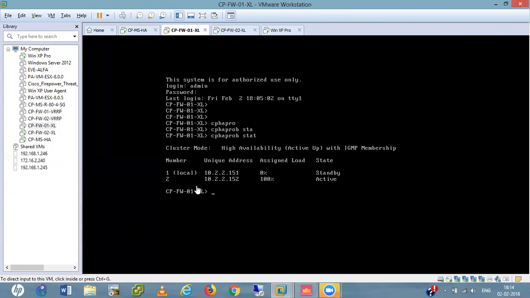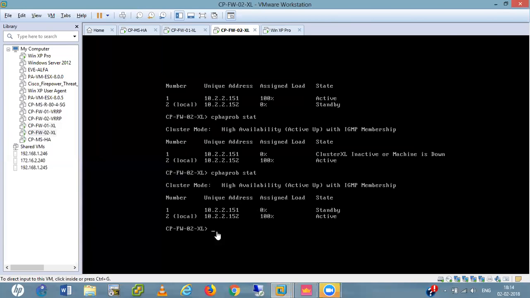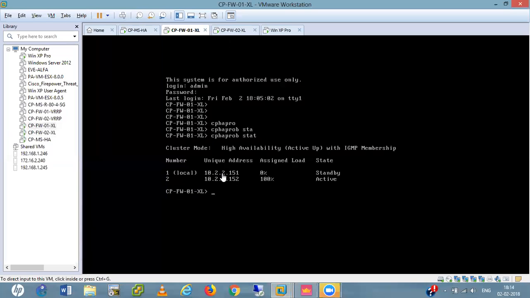Local means this firewall. So local is active here means this one, 10.2.2.152, is active. This is the IP address of firewall 2, and this is the IP address 10.2.2.151, the IP address of firewall 1.